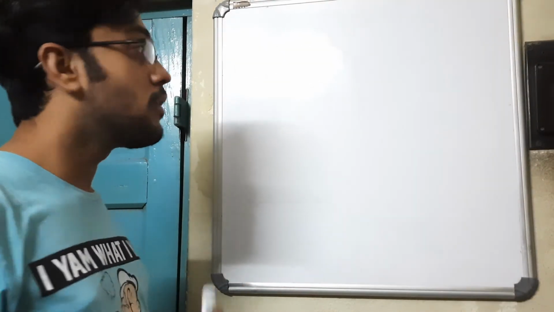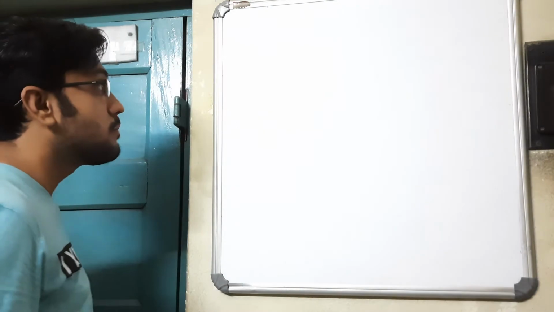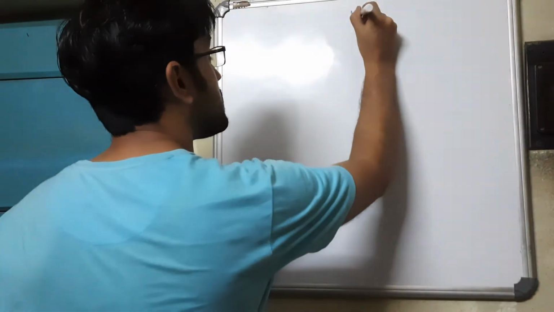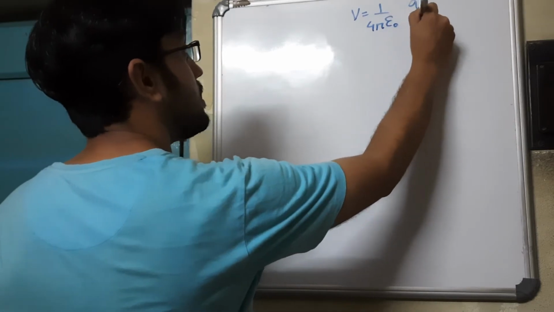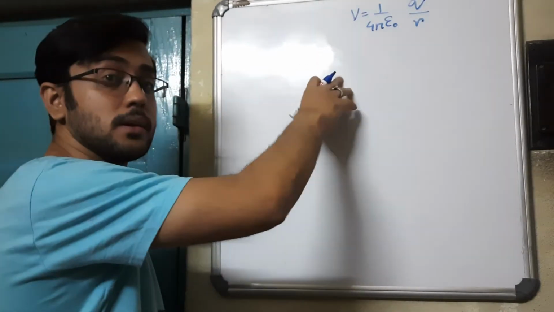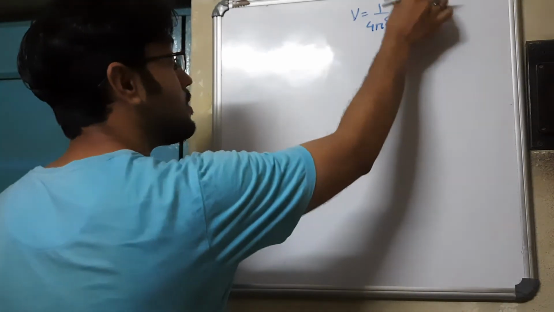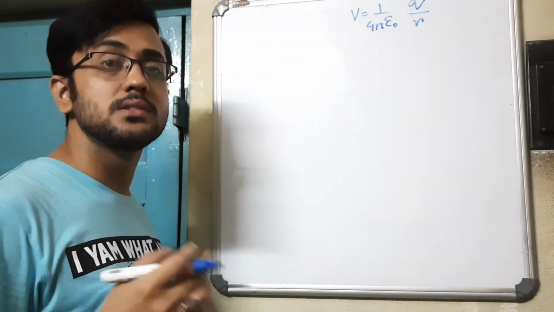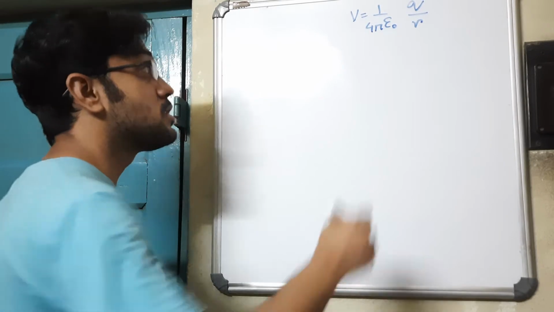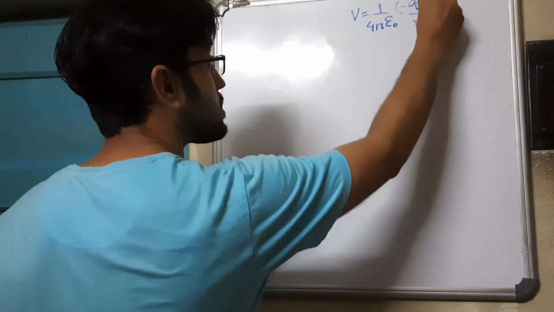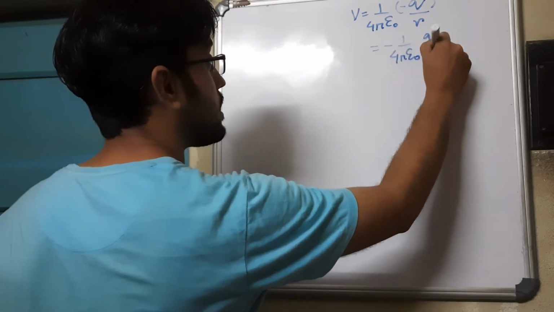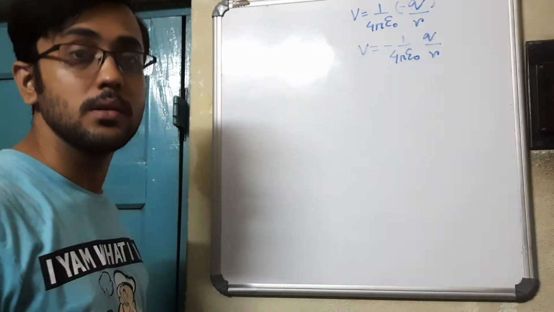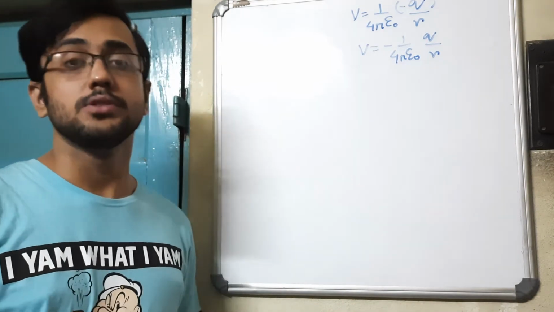This potential that we just defined right now is a scalar quantity, and another thing that we have to remember is that when we wrote this expression for potential 1 by 4 pi epsilon naught q by r, it depends upon the algebraic sign of the charge. If instead of a positive charge we have a negative charge, then here we will be putting minus q, or the whole expression will become minus 1 by 4 pi epsilon naught q by r. This is something we have to remember. It depends upon what kind of charge it is.